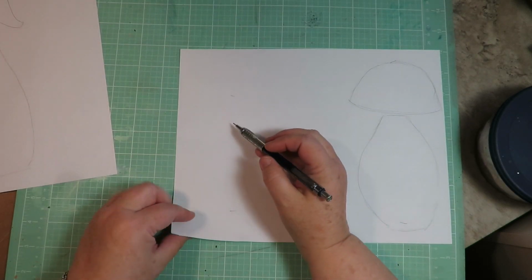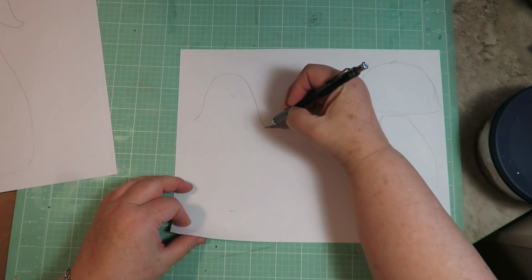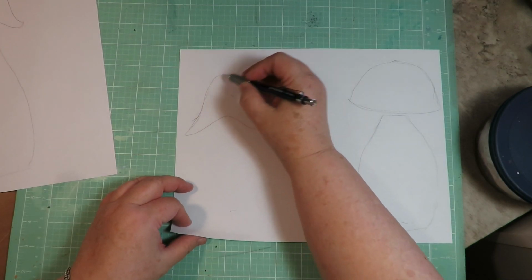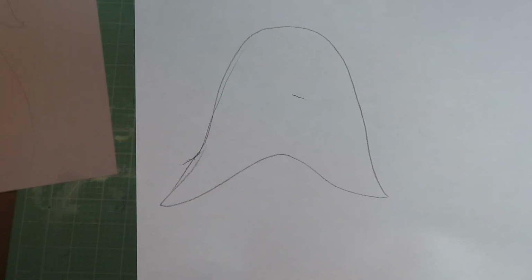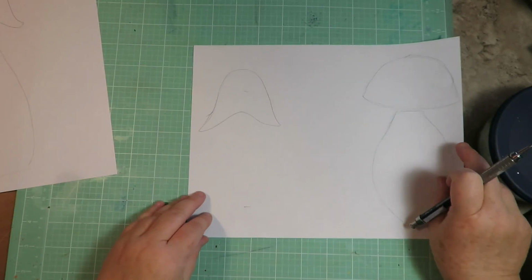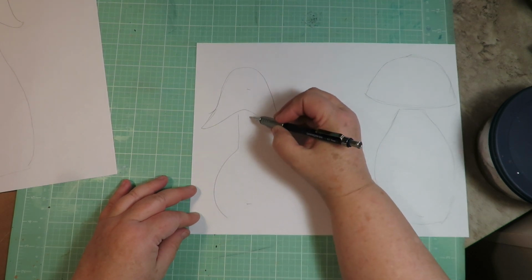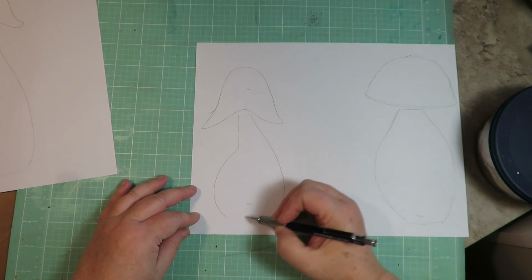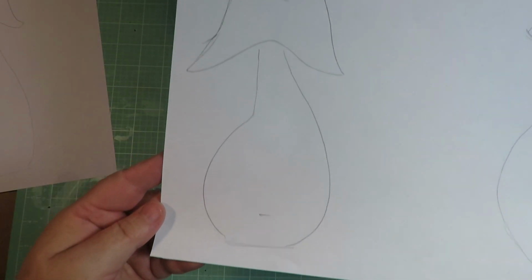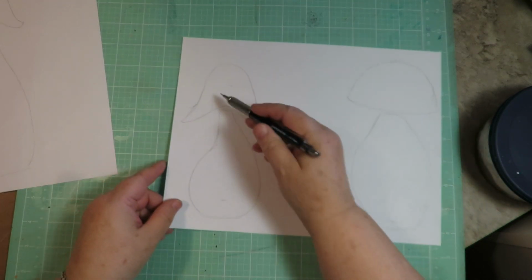And then this one, let's see, what can we do? I like the shape of that other top, so let's do another one like that, but maybe like this, so it's in a little bit, so it's different. So it almost looks like a smile upside down. That's going to be my mushroom top. And then let's make this one skinny at the top and then fat at the bottom and kind of crooked like that. Okay, I like that. So I'm going to use these as my templates, cut them out, and then cut out